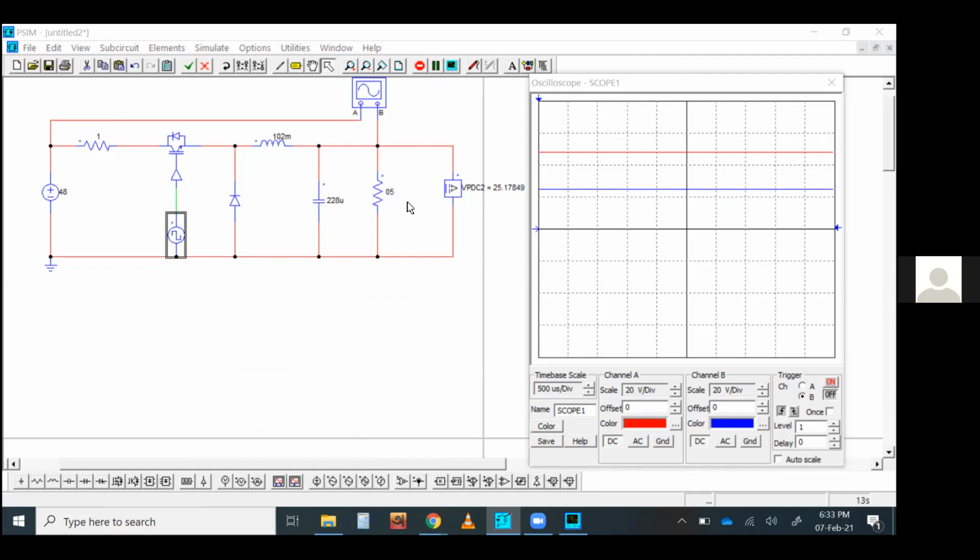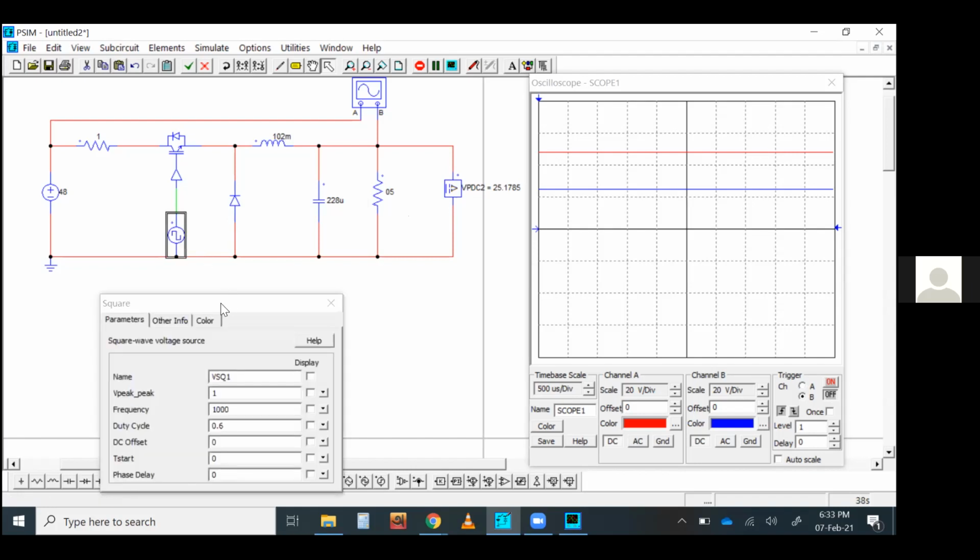So the thing is, you cannot say that your load resistance will remain constant all the time. It might change, so the current drawn by the load will always change. So if you want to get the ideal output voltage here, you always need to check the output voltage and change the duty cycle accordingly. You can do it manually by yourself, but you will not do that, because if you have a control system, why would you do that? You don't need to do it manually.